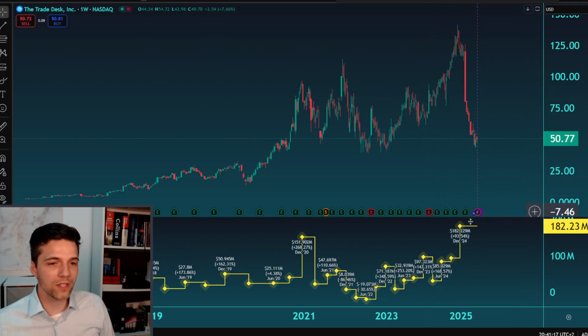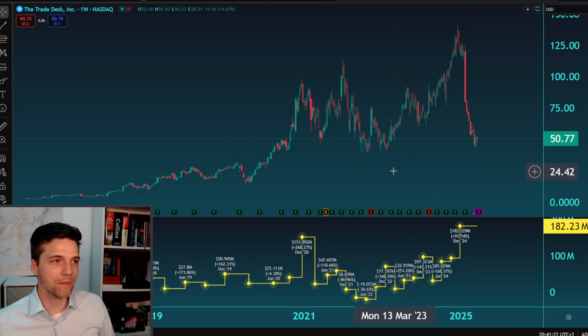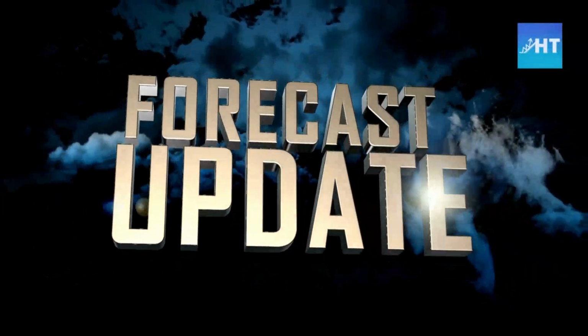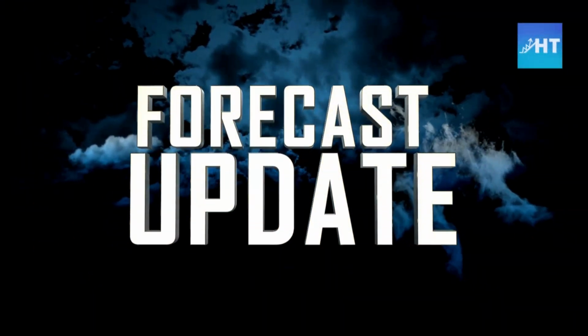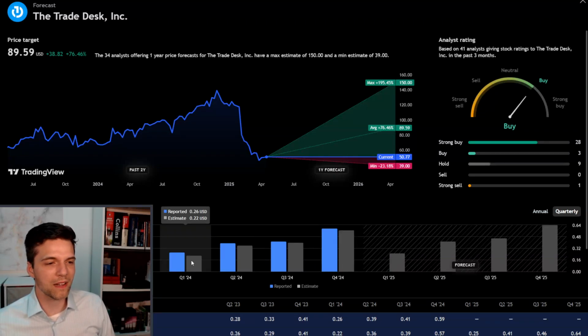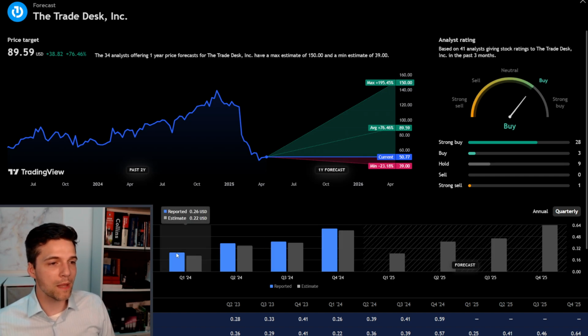It's completely oversold, even though it is making new highs in the net income, which is a very, very interesting stock in that sense. What are the forecasts right here? Because this is very interesting to see. And the forecast of this stock, probably the way it's behaving is because of the estimate that we have right here. But I would say it's very similar to the one seen back in 2024, the first quarter 2024. Right here we have an estimate of 0.25. The estimate back then was